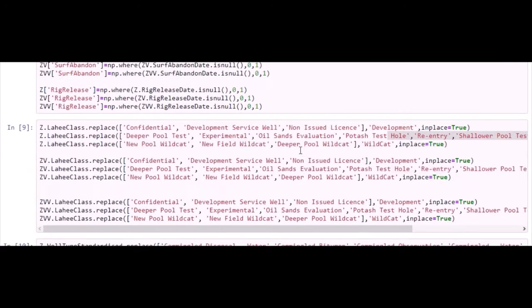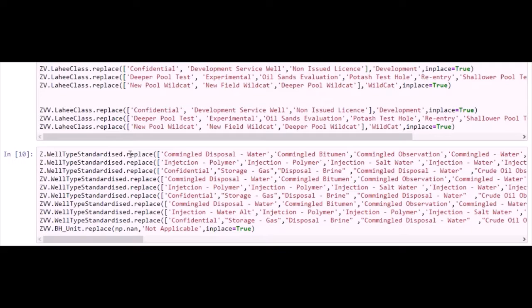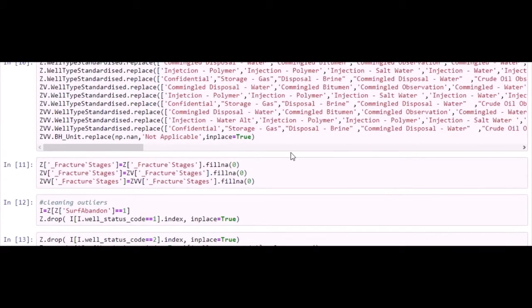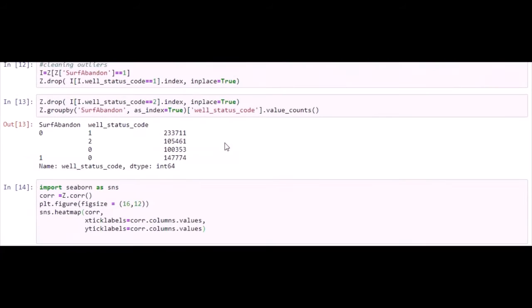predictor. So then I used the Lahee class feature and grouped some of the values into a bigger group like development or wildcat and things. And also for the well type standardized, I did the same because there were a lot of unique values in these columns, and for the model it was not easy to deal with all these values. It caused a lot of features for the model to deal with. So for the fracture stages, I just filled in the nulls,